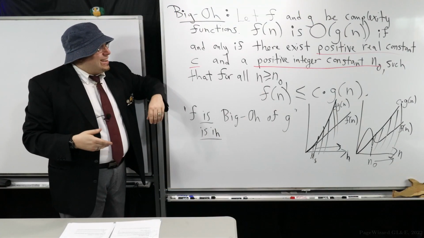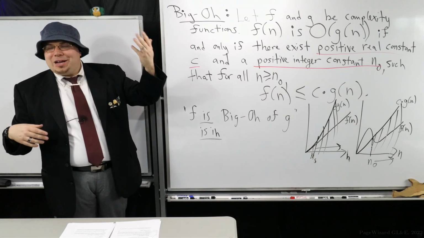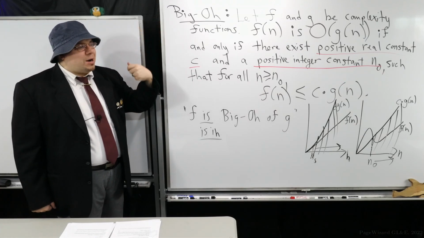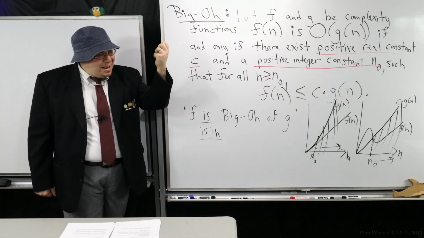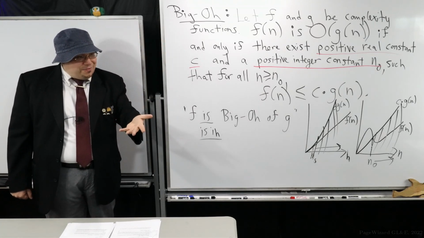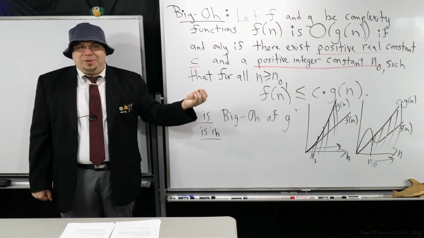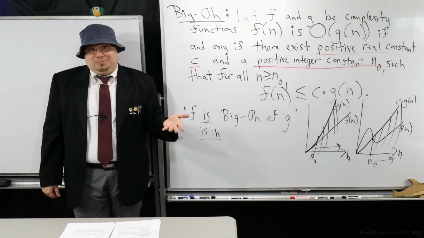So anyways, just as a reminder of where we are, I gave the definition for big O. I gave us an idea of where we are. So right now we're not analyzing algorithms. We're looking at the big O definition. If I give you some function, we call it a complexity function, I want to know that f is big O of g, but I need to be able to give you some way to verify it for